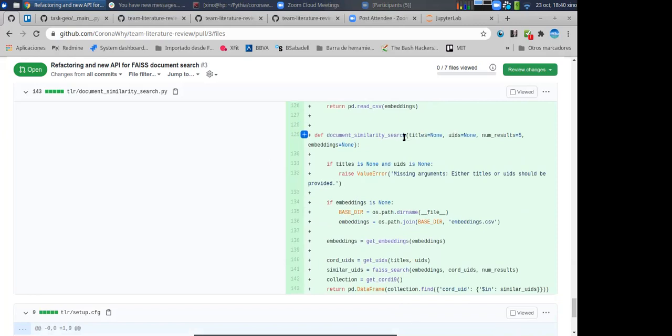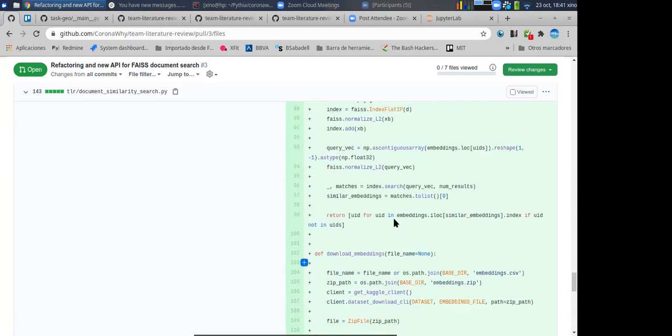We have arguments that can be titles or UIDs. If both are missing, then I tell you that they are missing. You can give me the embeddings, but I don't require them. If you bring them, I will use your embeddings. If you don't bring them, I will download or use the ones that I have already downloaded. Okay. Once I got this get UIDs, what it does is that